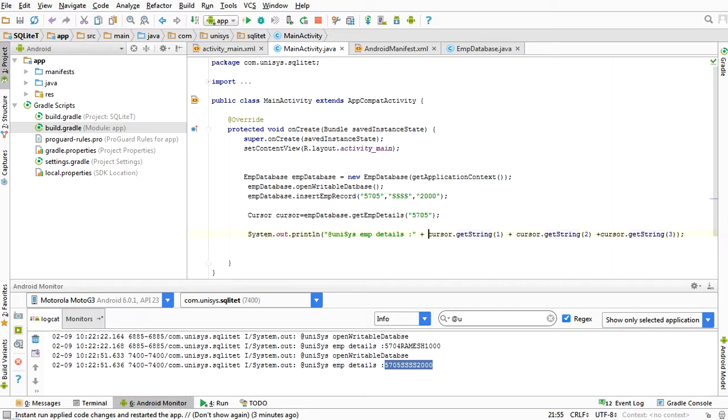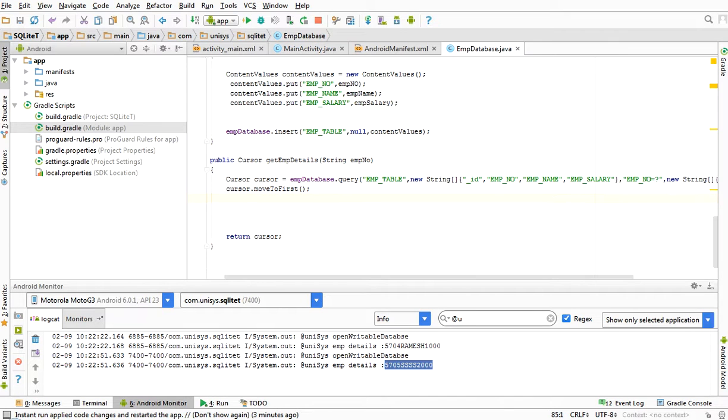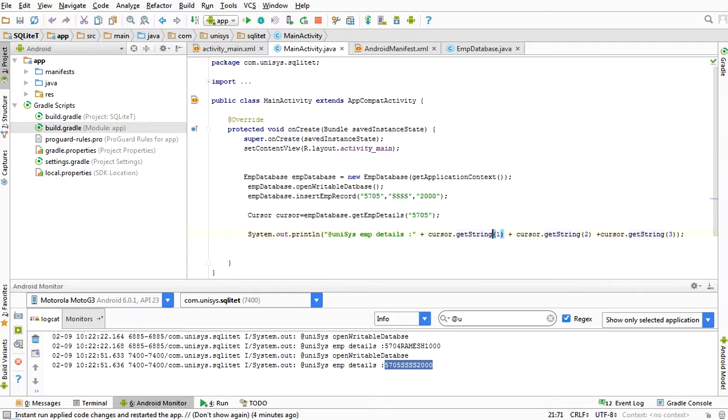Here with the cursor, I am accessing the result table columns one by one. The first column is _id, which the Android system uses. The next column I gave as emp number. This is the order we need to give. Whatever order we have given here, that is the order it will be, 1, 2 and 3. So I am giving it as an index. If we don't know the order, we can